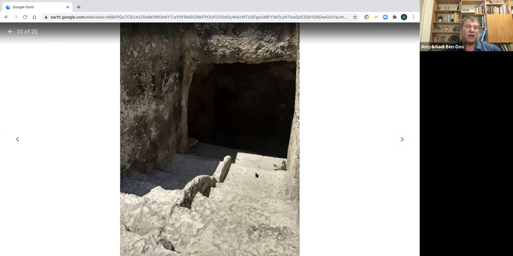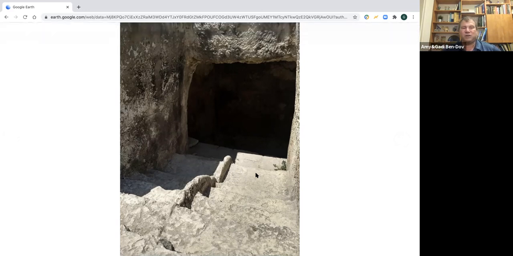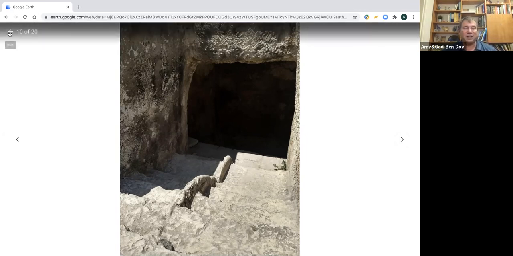Now, when we talk about the narrative and the argument between Israel and our neighbors at this point, the Palestinians and the Muslim world, this is a very important find. And the fact that we have not one, not two, but dozens of these mikvaot all around the Temple Mount is support of the idea that the Jewish temple was in fact there, because we know that people who came on the pilgrimage 3 times a year,